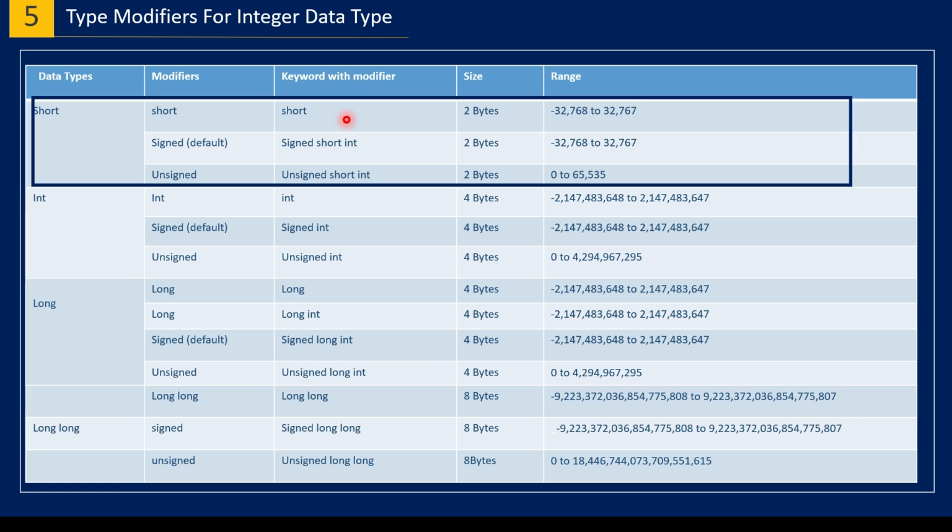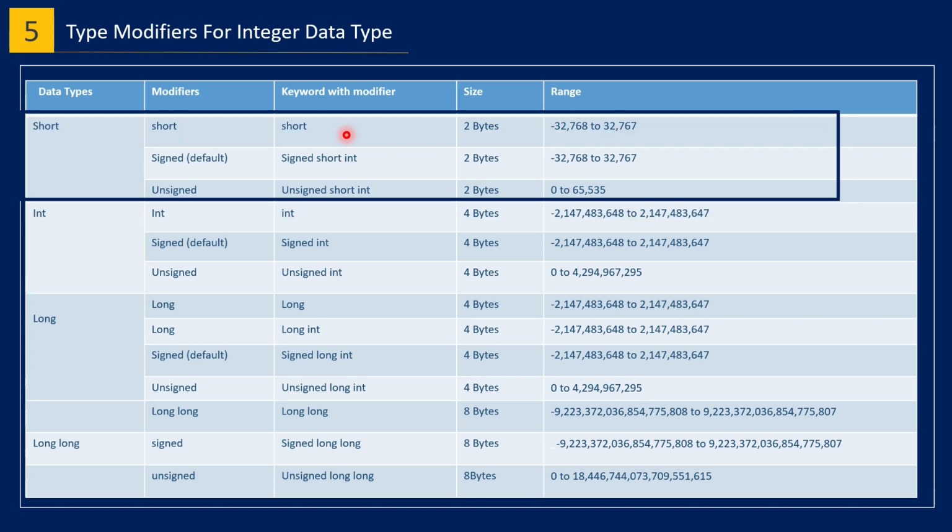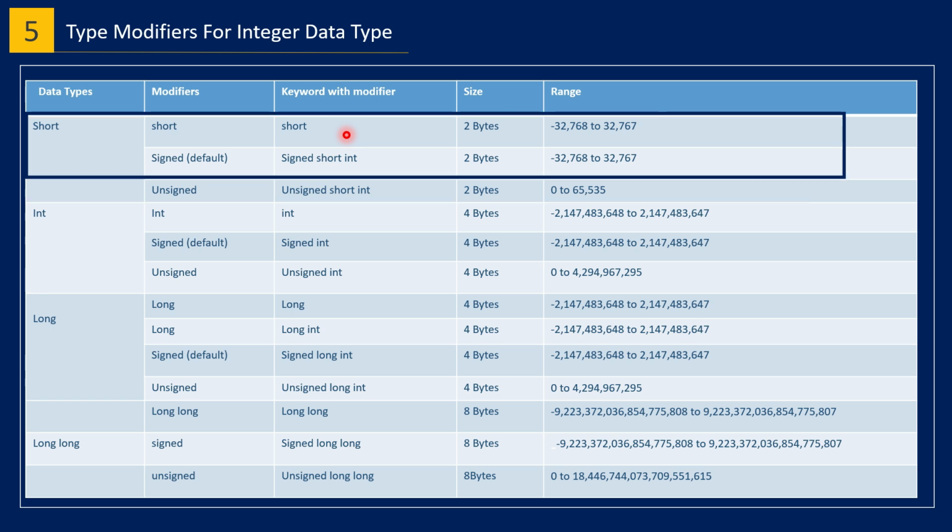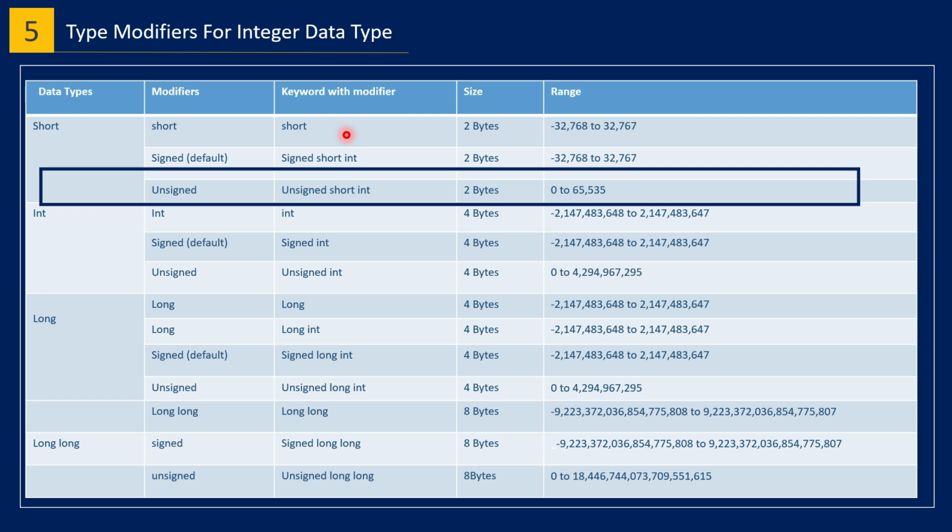There are three modifiers for short: short, signed short int, and unsigned short int. These are all used to store values which are smaller and fall within this particular range. Short and signed short int both are used to store positive and negative values, and the functionality is similar. Unsigned, if you are sure that the value is positive only and falls within this range, 0 to